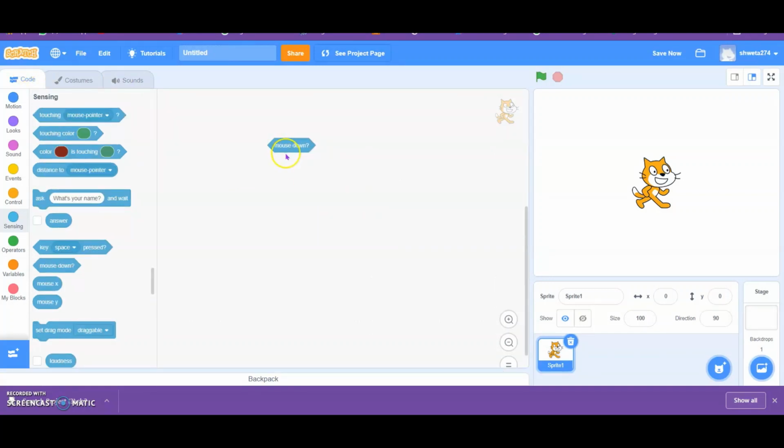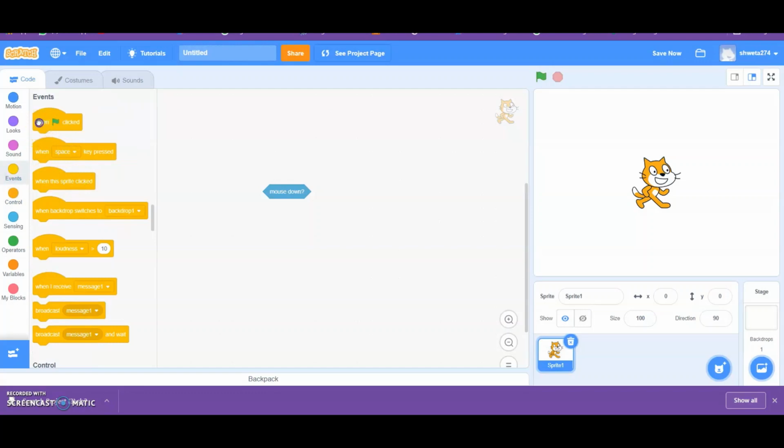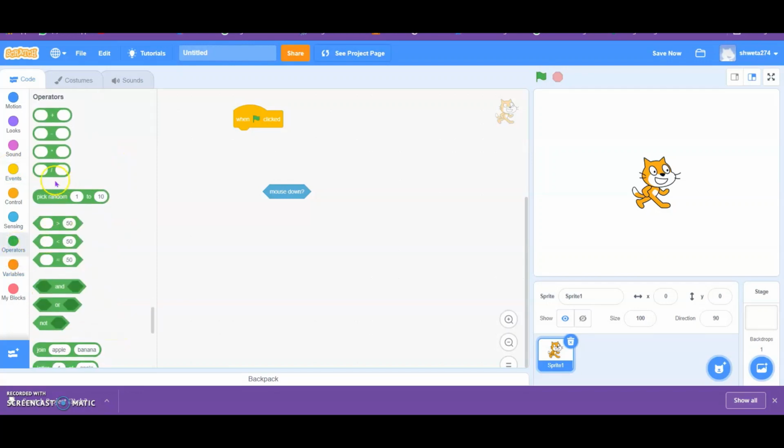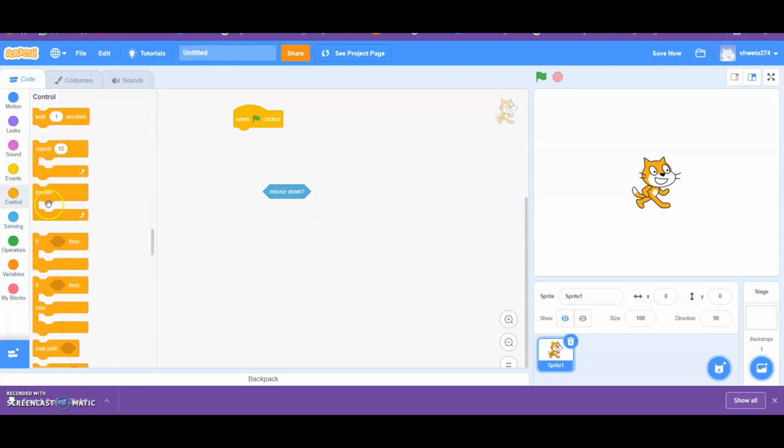Now you must be familiar. If a block is in hexagon shape, it will either return true or false. It will return boolean values. So to show how this functions, we will again go to events, pick when flag clicked, and use a forever loop in controls,